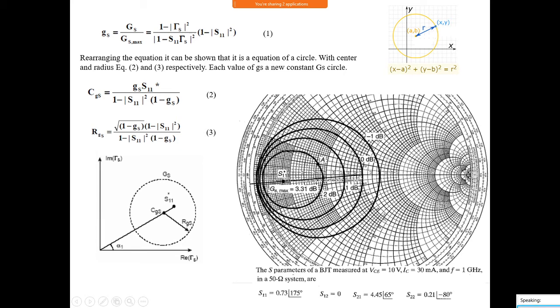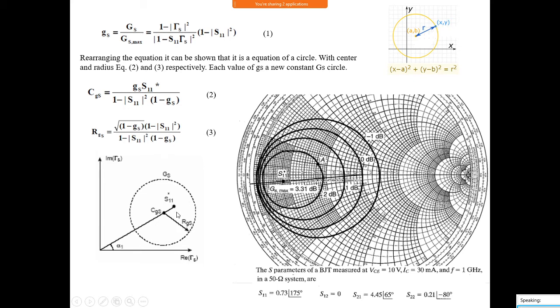For example, 4 centimeters from the center to the edge, that is equal to 1. So 4 centimeters equals 1. Then if you get 0.8 here, if 4 centimeters represents 1, for 0.8, how many centimeters? Like this we have to mark. I will tell you how to draw the circle in the next class. So like that you can mark.